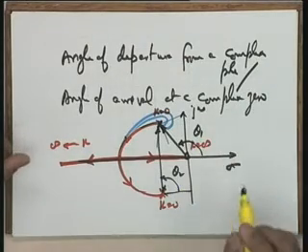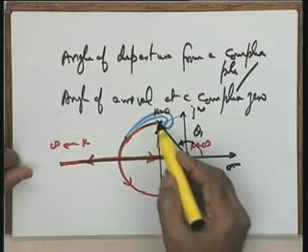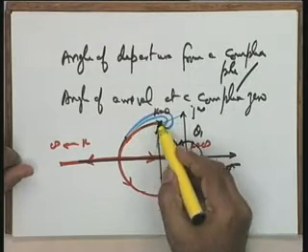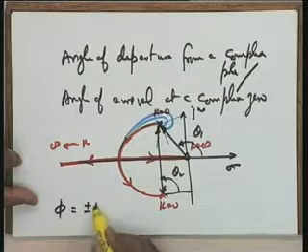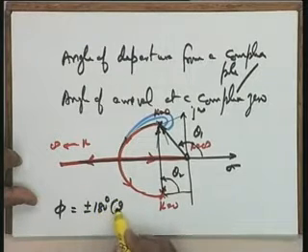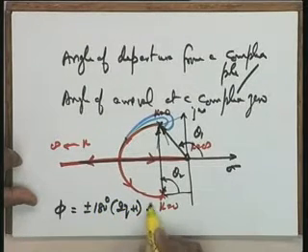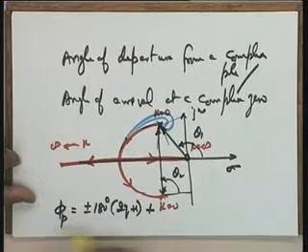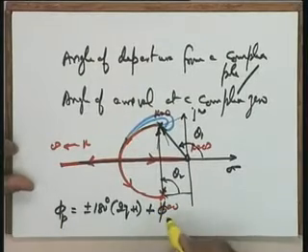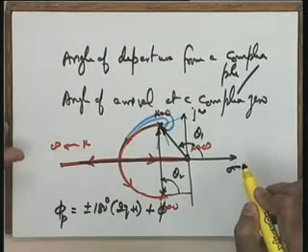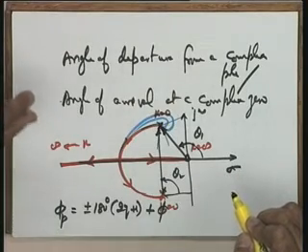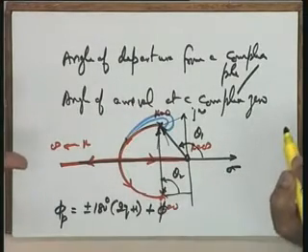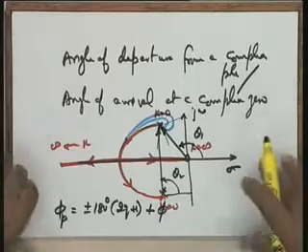And the rule says that the root locus will leave this particular pole at an angle phi p equal to plus minus 180 degrees into 2q plus 1, plus phi, where phi is the net angle contribution due to all other poles and zeros at the complex pole under consideration. I repeat the rule, please.